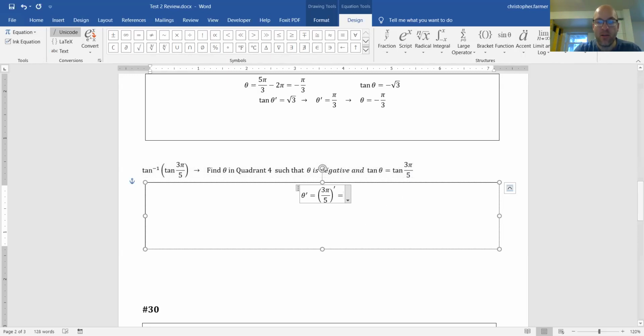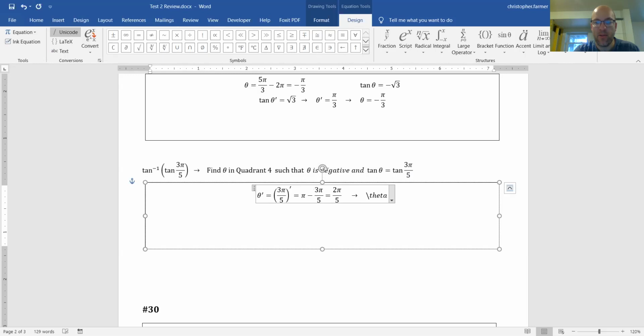And then the reference angle with 3 pi over 5, we kind of talked about this previously in quadrant 2. We're measuring the distance away from the negative x-axis. So we're taking pi and subtracting away 3 pi over 5. And again, get common denominators as needed, but the reference angle ends up being 2 pi over 5. Okay, so now what we need then